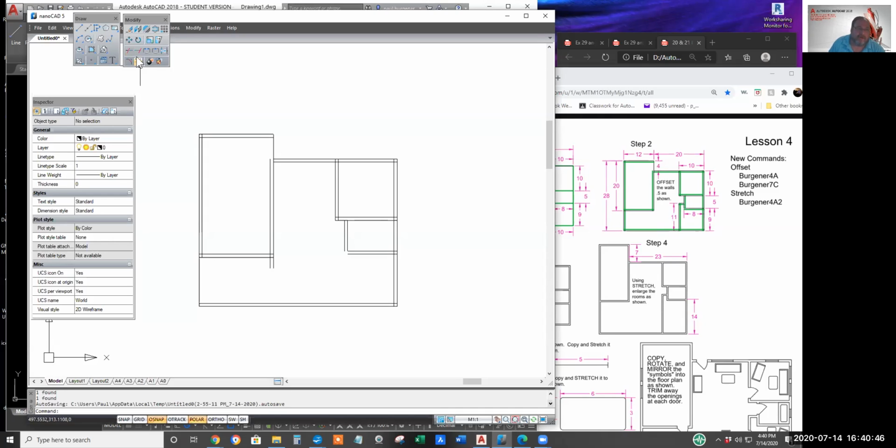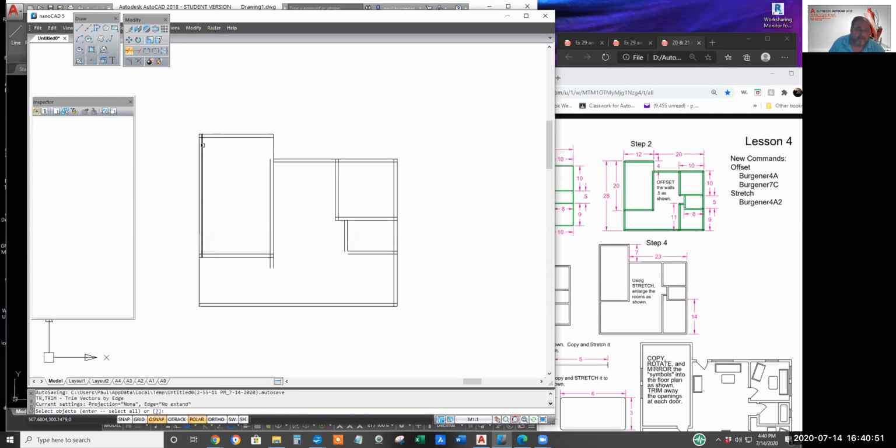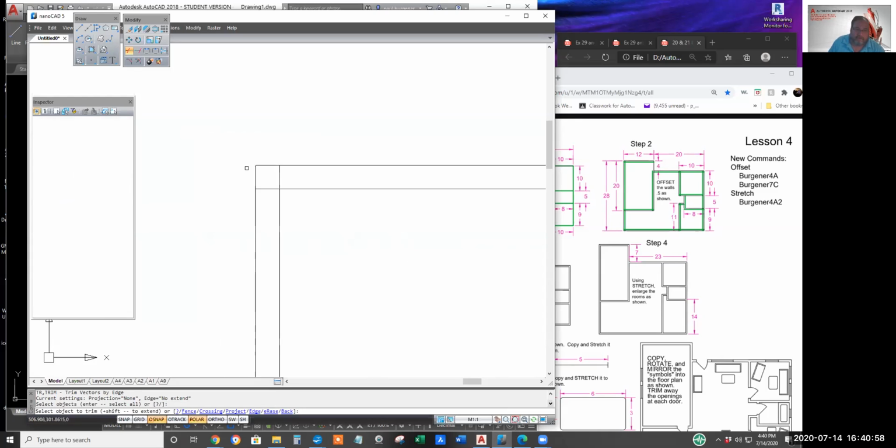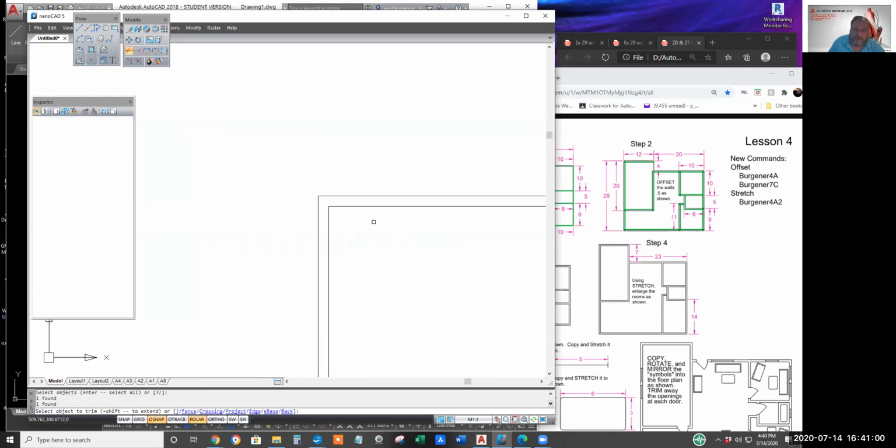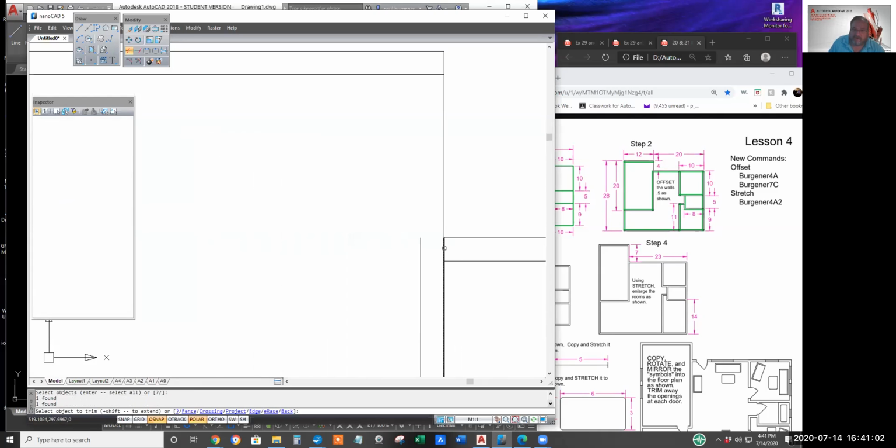So click on trim. Slid off of it. Click on trim. Hit enter so that everything is a cutting edge. Zoom in and machine gun away the whiskers.